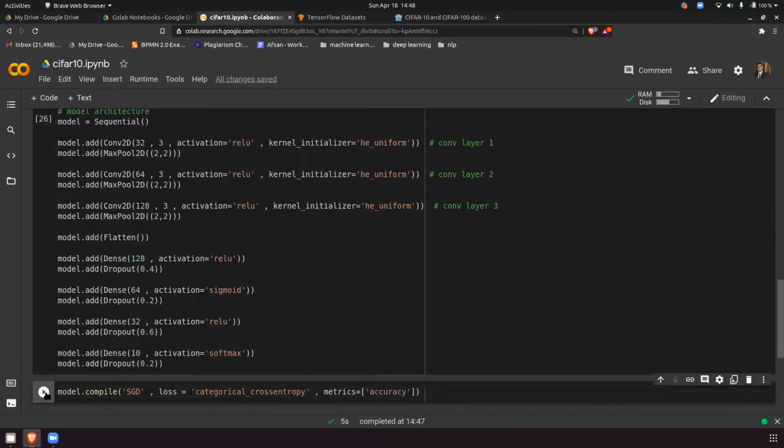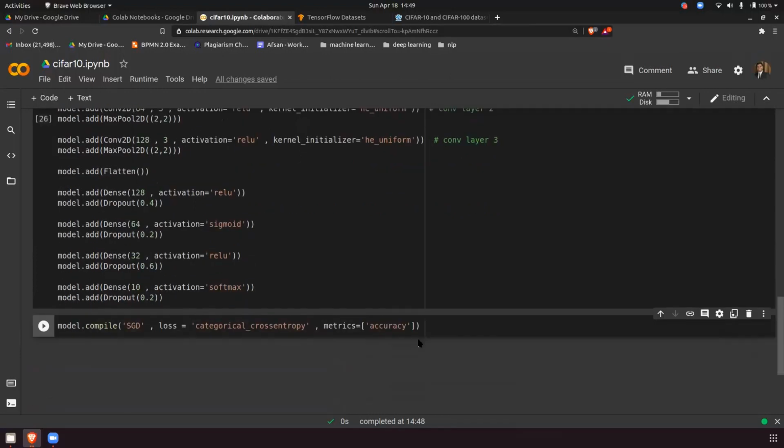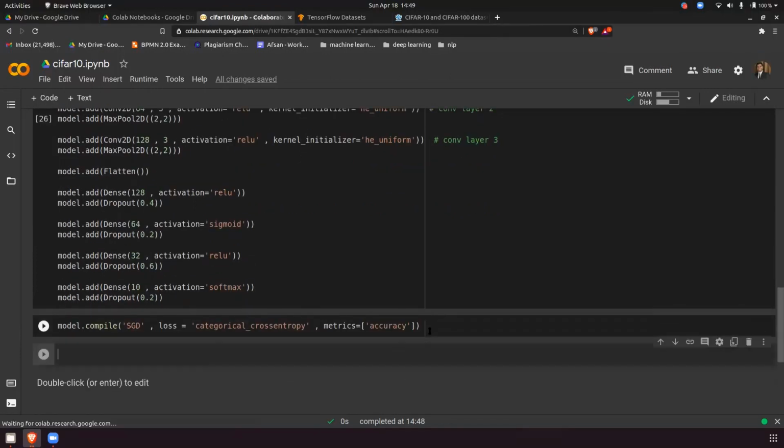So let's run this. When this is run, what is the next step you have to do? After compiling the model, what do you have to do? Model dot fit. Yes, model dot fit. So model dot fit x train, comma y train.